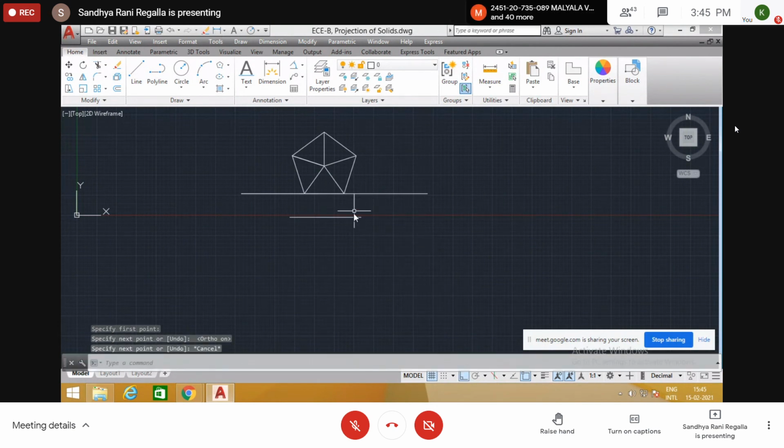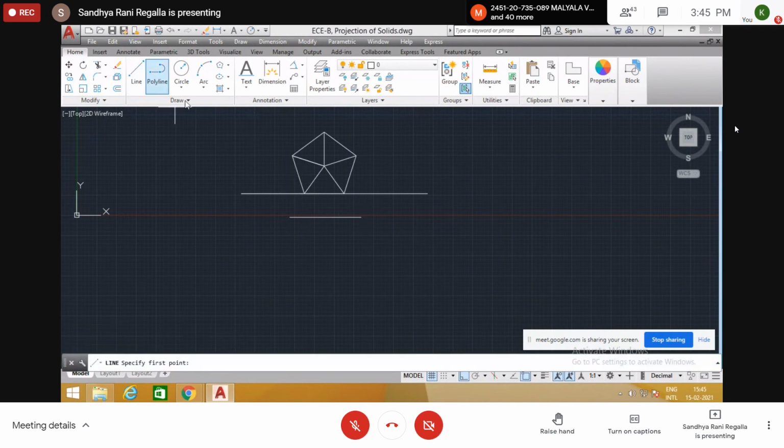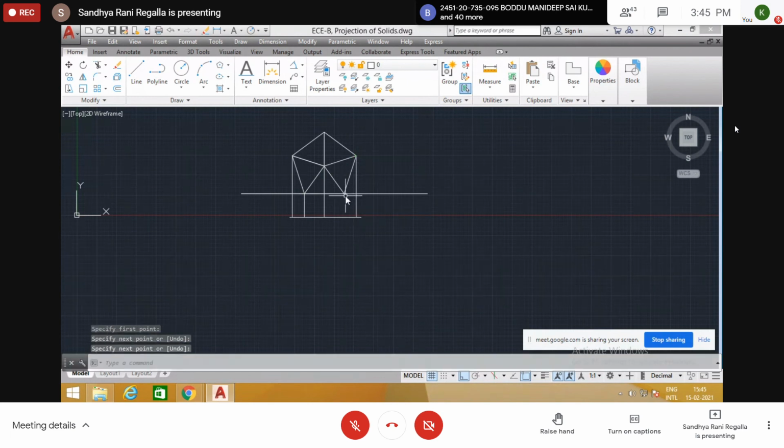This distance is not specified, so you take some rough distance. From this corner, how much is the axis distance?